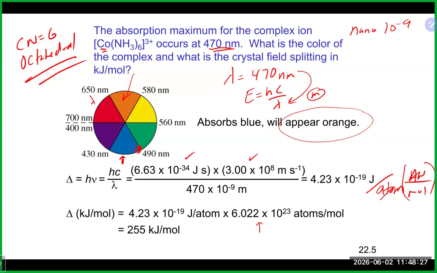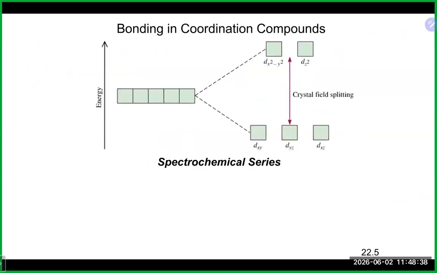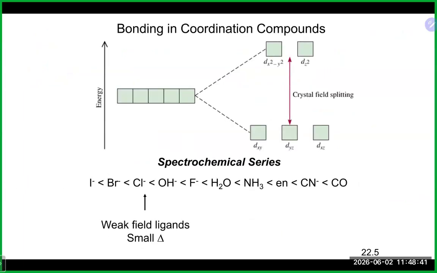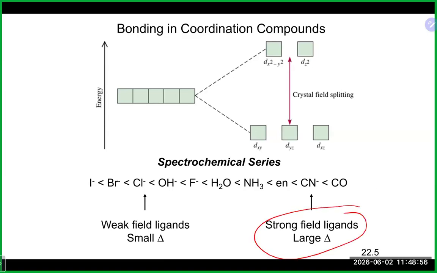Now, how do I know if I'm going to end up, for example, with a high spin, low spin, big split, or smaller split? It does have to do with the ligands that are present. There are some ligands which are considered weak field ligands, and there are some that are considered strong field. Basically, much like it might sound, if you have something on this end here, which is a strong field ligand, if this was strong field,